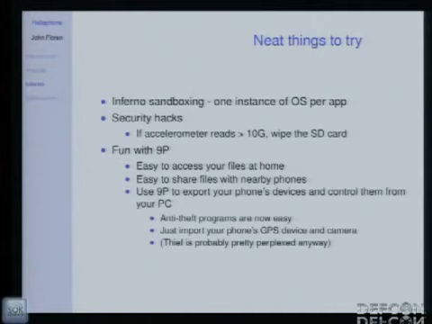You could also use 9P to export your phone's devices very easily. Just say export /phone/phone, and then your PC can import those files, mount them, and then with really no extra code, you can make phone calls from your PC, controlling the cell phone's radio just from your PC, just by echoing stuff into a command file.